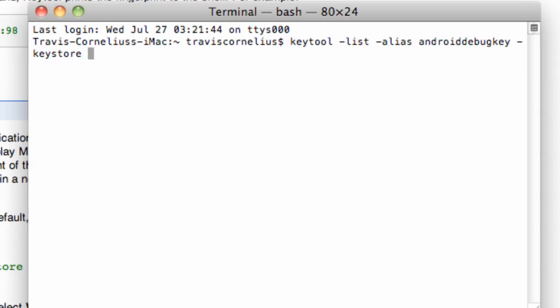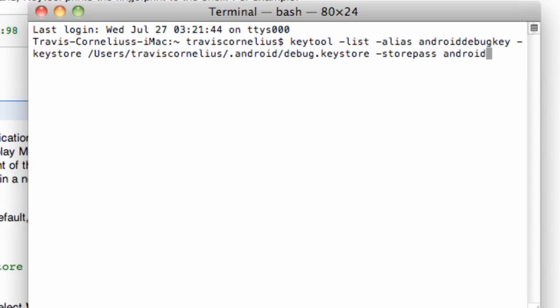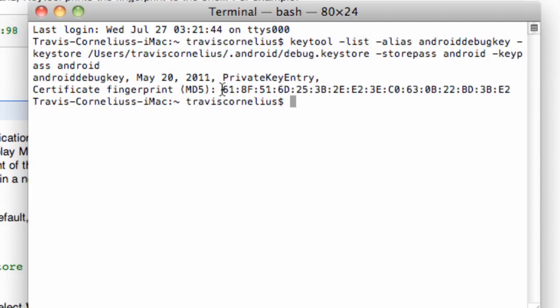And then we paste our file path, which you guys just copied. So we have this keystore here, and then we just say -storepass, and the password is android, which they have set up, and then also our keypass is android as well. And we hit enter, and it gives us this unique fingerprint. So we're going to copy this,